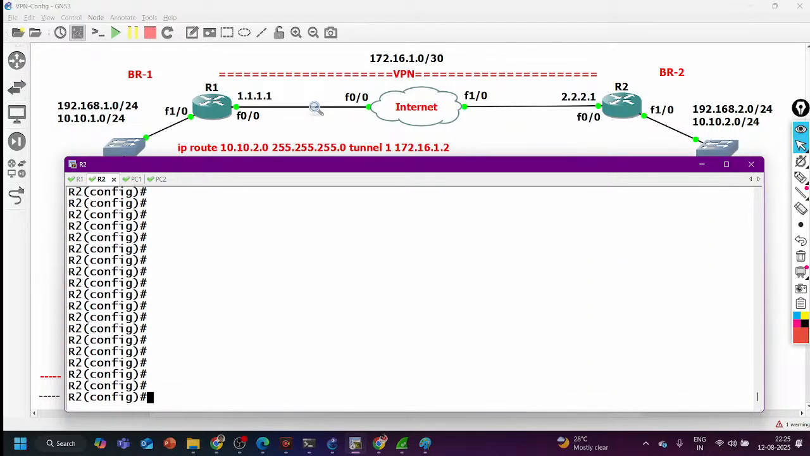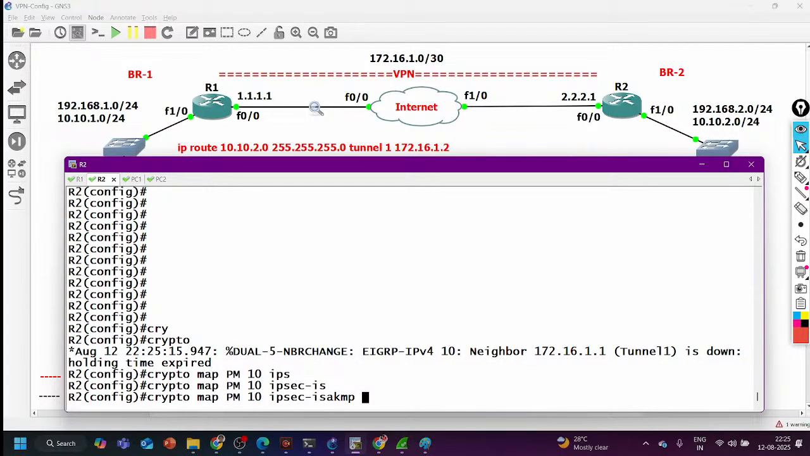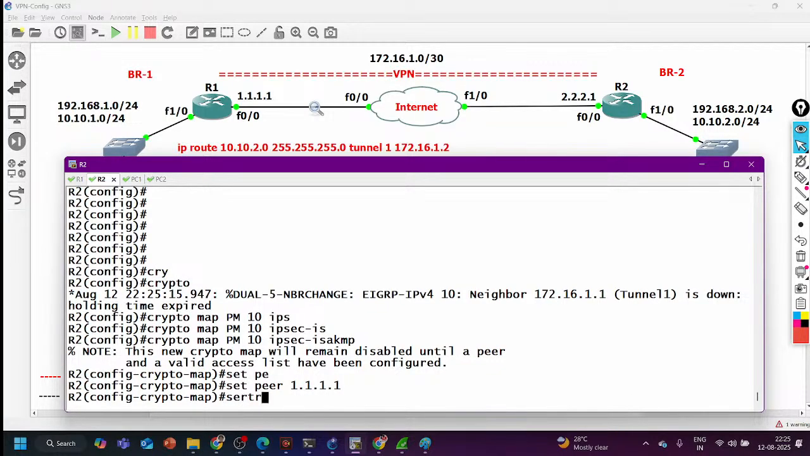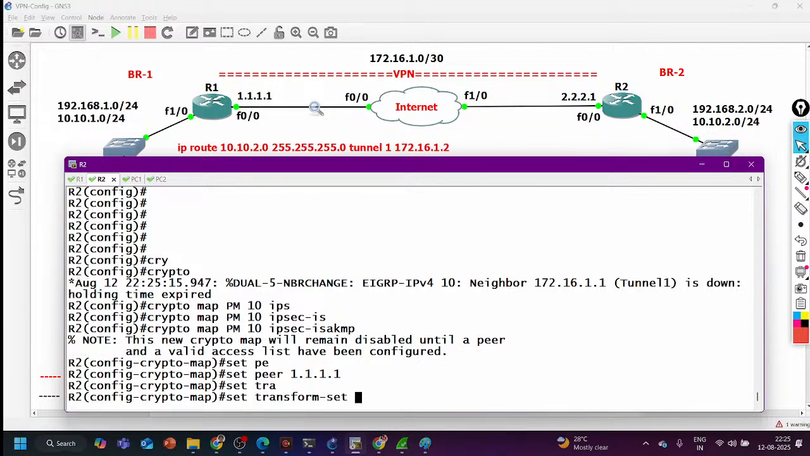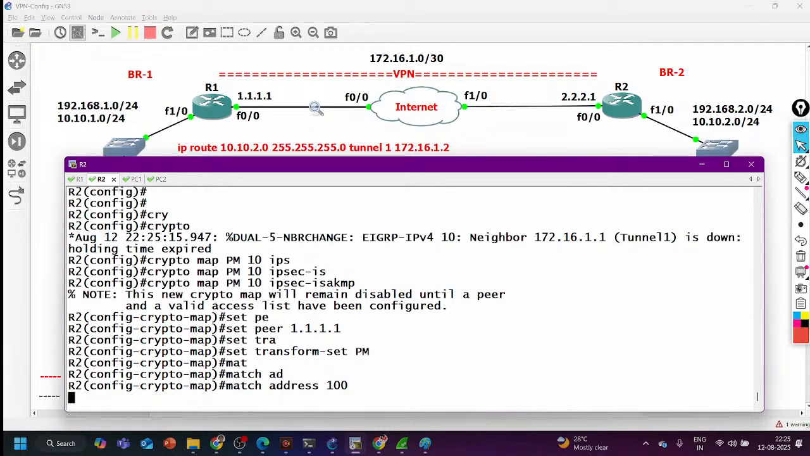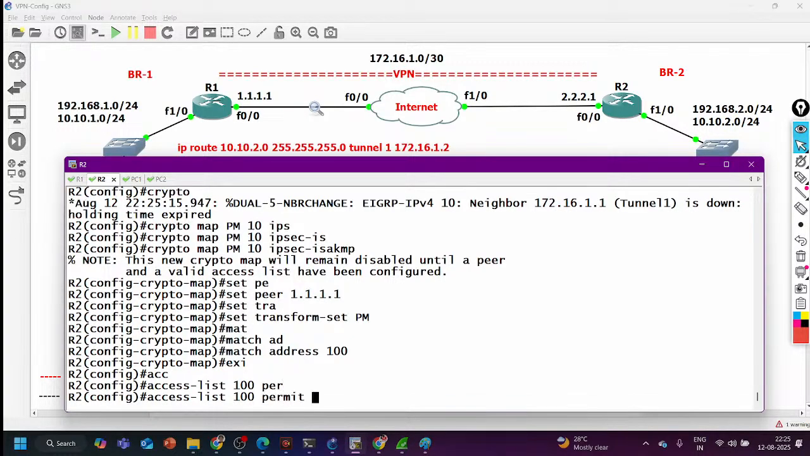Go to router number 2 also. Here also I need to create one crypto map. So say crypto map, name is PM, sequence number 10, ipsec-isakmp. Set peer 1.1.1.1, set transform-set PM, and set match address access list number 100, exit, access list 100, and permit IP 10.1.2.0,